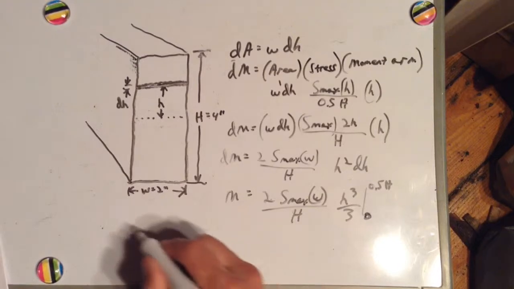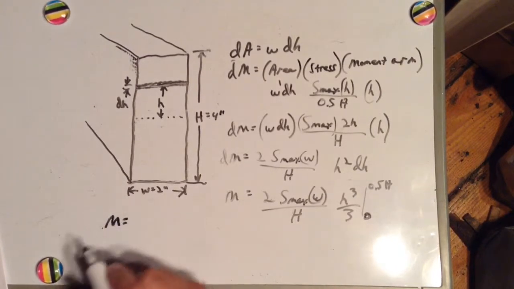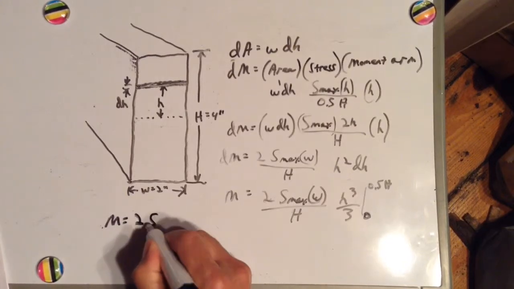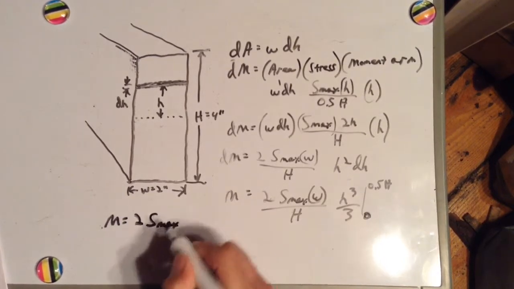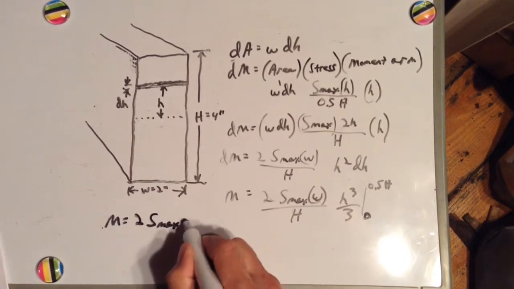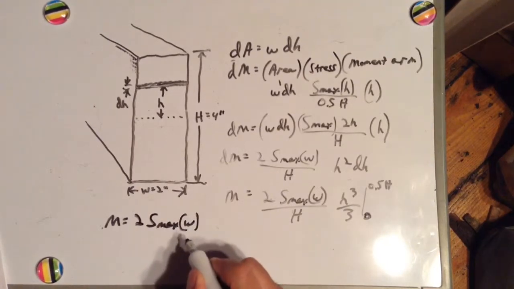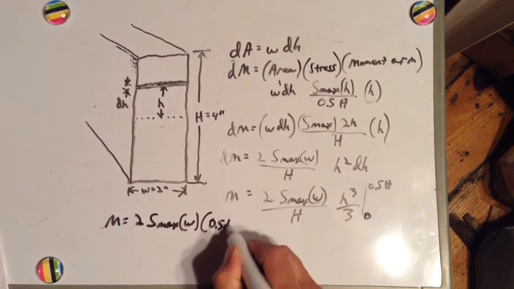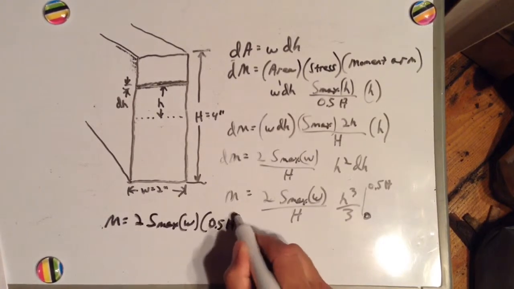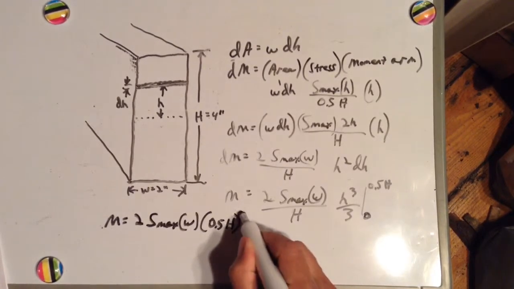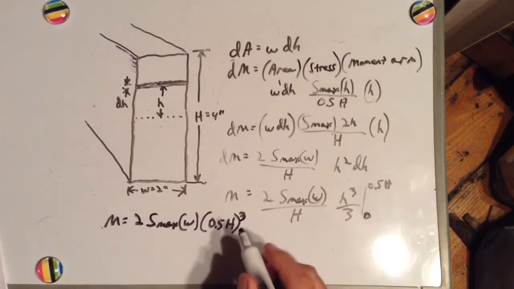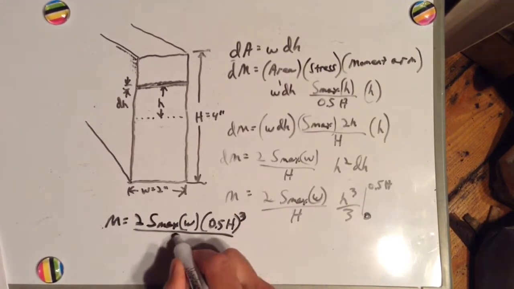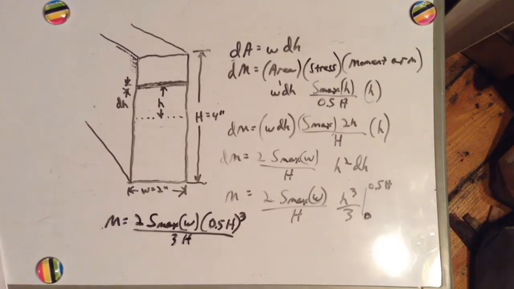So we have M equals 2 times maximum stress times W times 0.5 times capital H, all that in parentheses cubed, over 3 times capital H